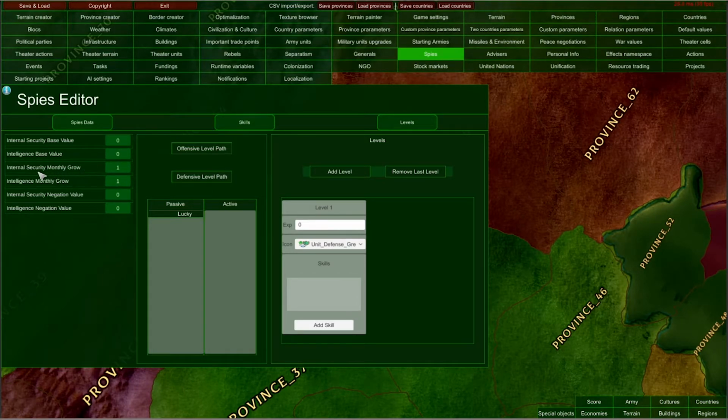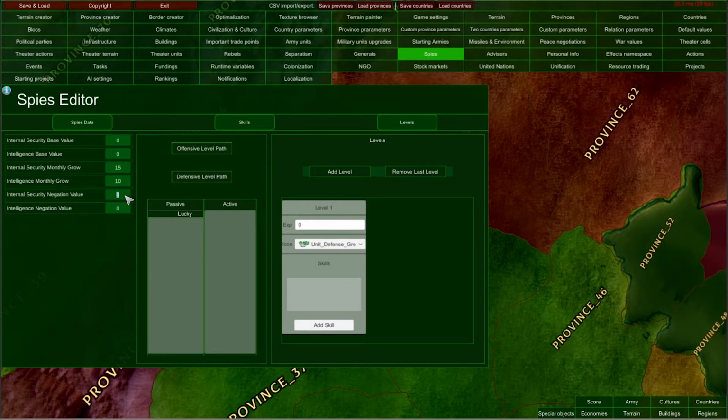And they will increase each month using these values here: internal security monthly grow and intelligence monthly grow. So each month our spy will increase his or her base value of spy points by, for example, 15 and 10. And here is the internal security negation value and intelligence negation value.